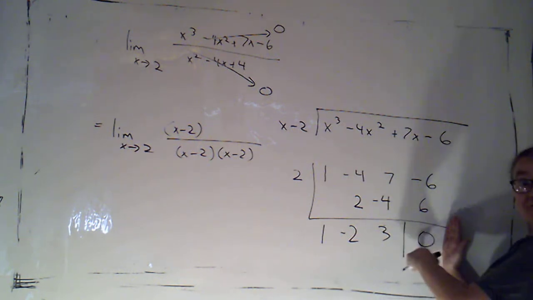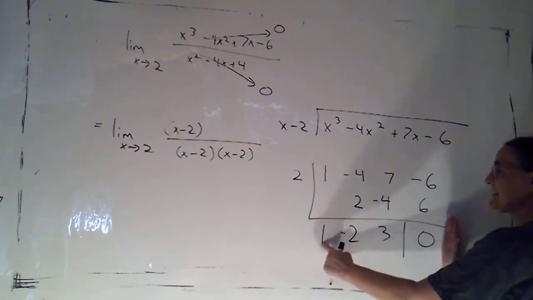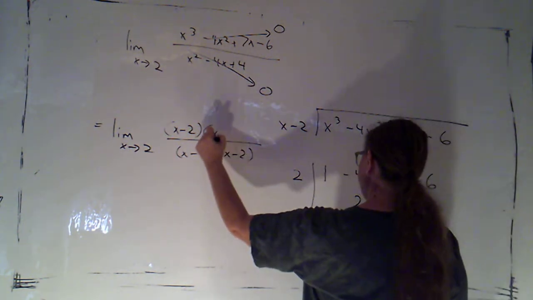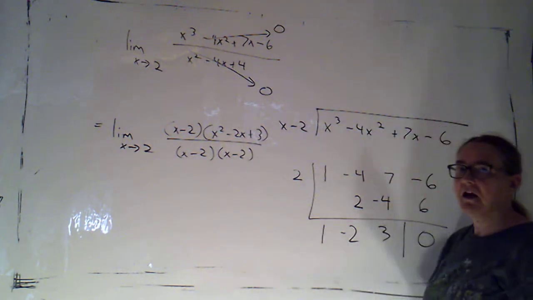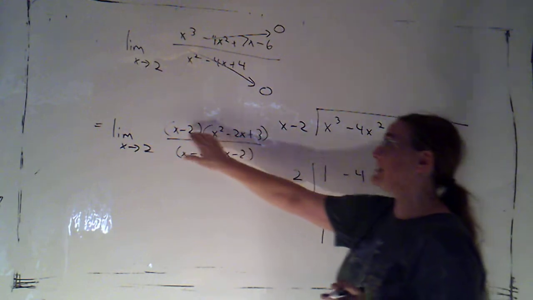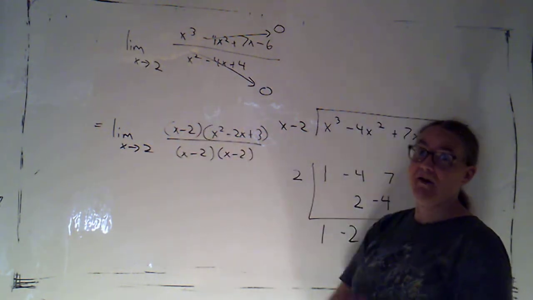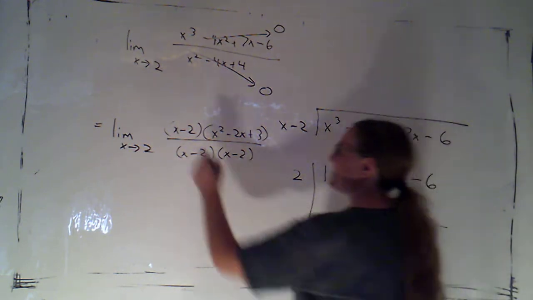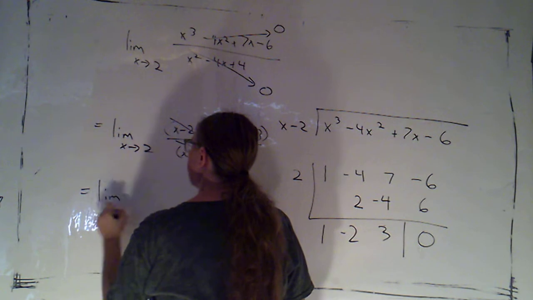All right, so I have a remainder of 0. It divided in evenly, and then this is the constant, that's my x squared. So my other factor is x squared minus 2x plus 3. I really don't see a nice way of getting this factoring without taking advantage of the fact that we know one of our factors. Okay, so now I can cancel,